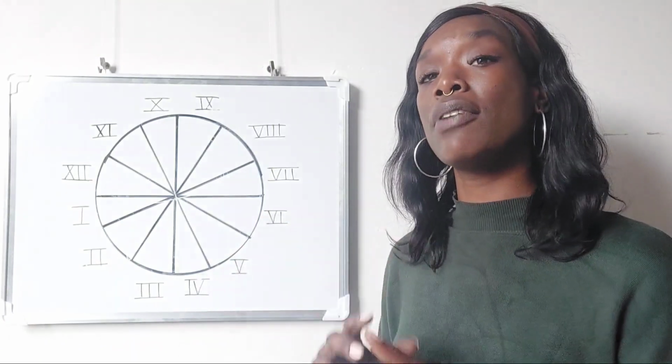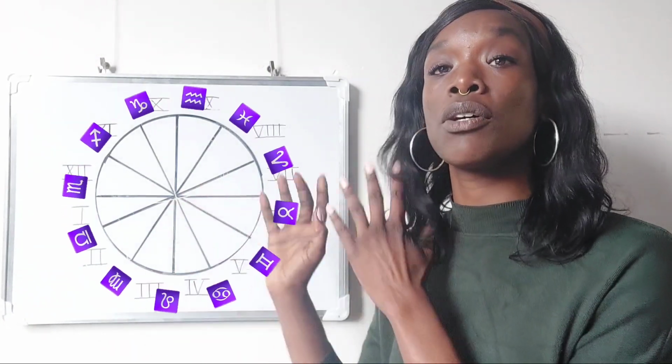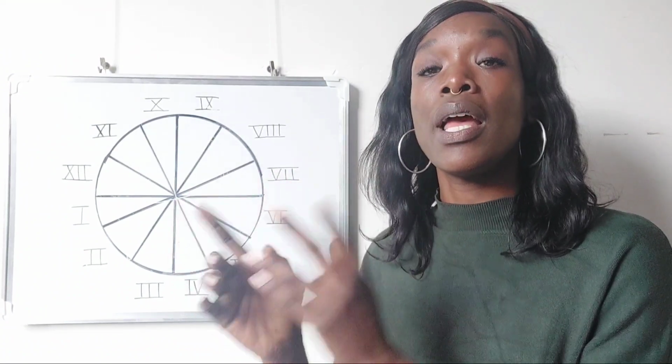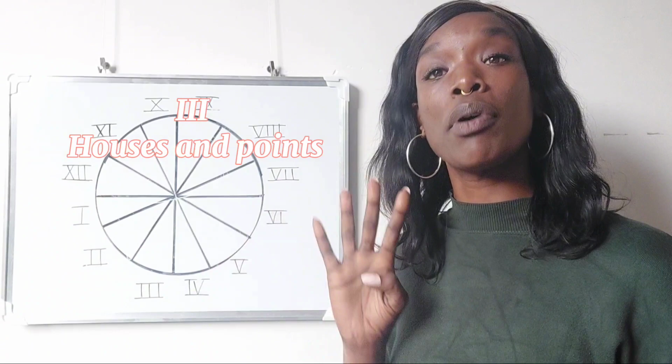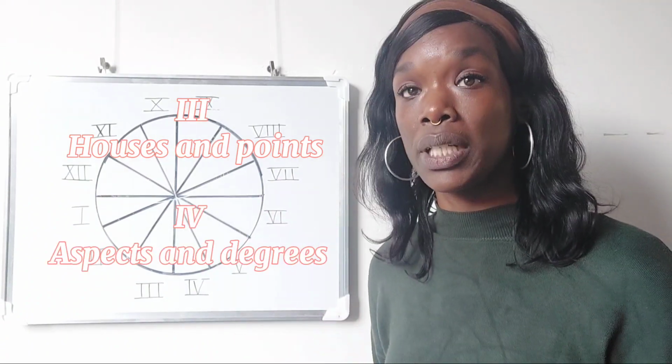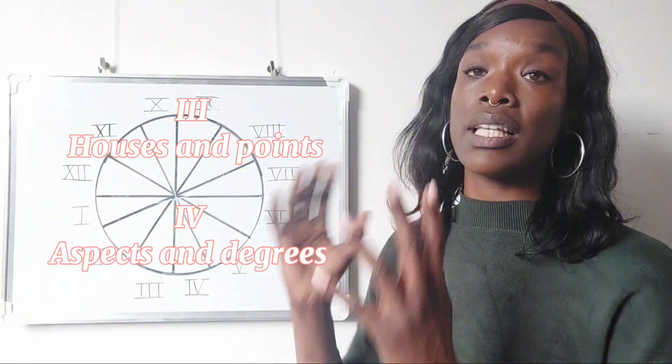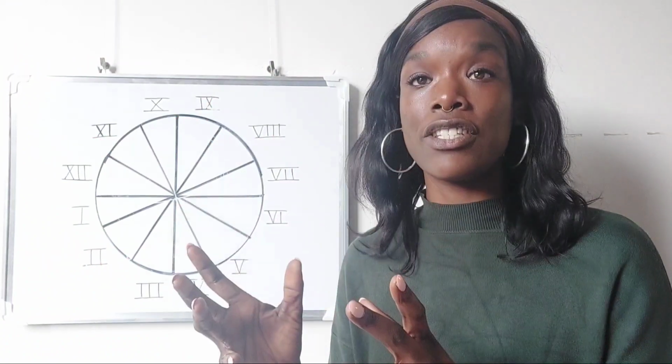So, we've just had a whole astrological year in which I've guided from the signs of Aries until Pisces and the planets of the Sun until Pluto. But at a certain point, we get it, we've mastered it, and we want to go further. And that's where we have part 3, the houses and the different points, and part 4, the aspects and the degrees. And if you understand these two parts, you become the difference between the student and the teacher, as you'll